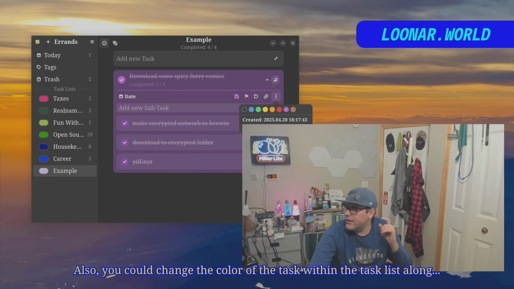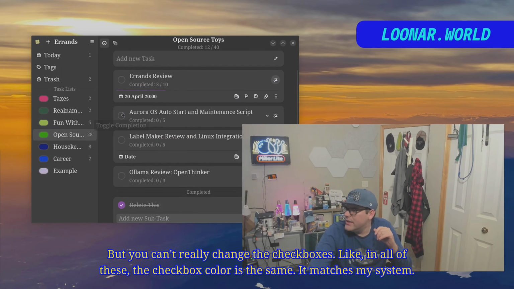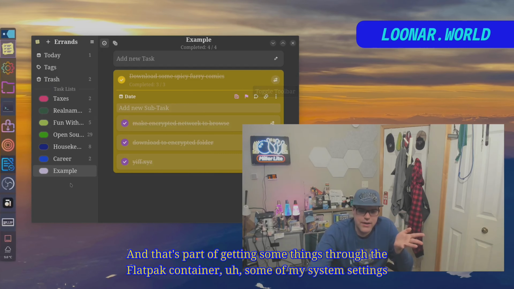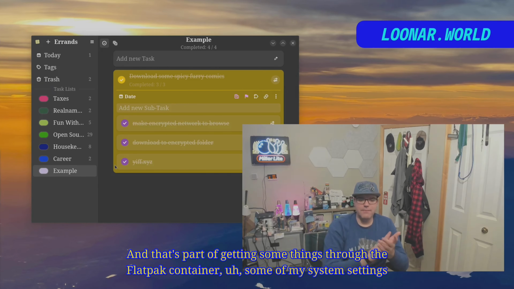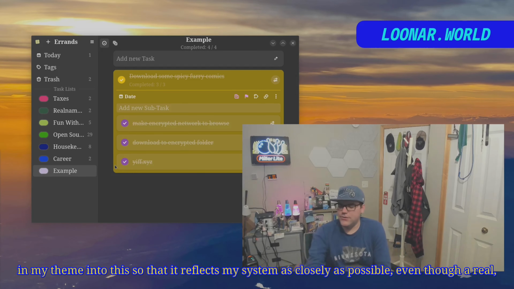Also, you can change the color of the task within the task list, but you can't really change the checkboxes. Like in all of these, the checkbox color is the same. It matches my system. And that's part of getting some things through the Flatpak container, some of my system settings in my theme into this so that it reflects my system as closely as possible,